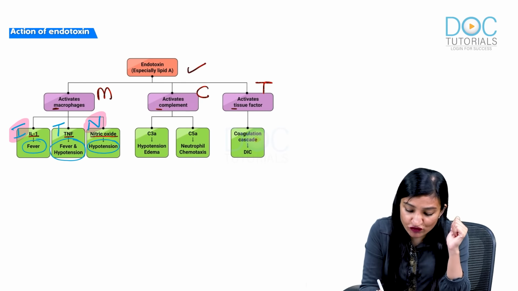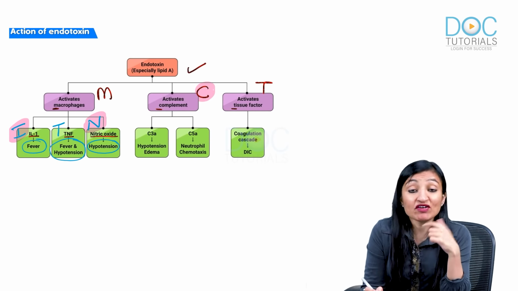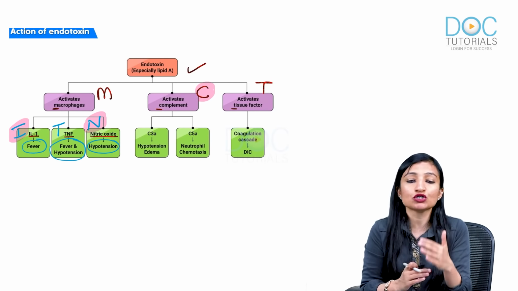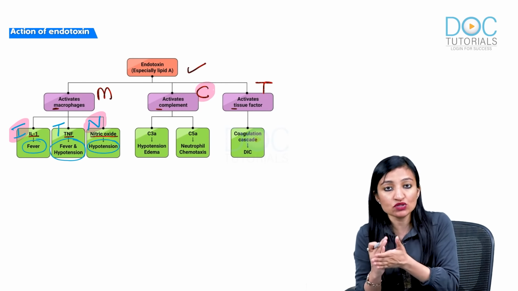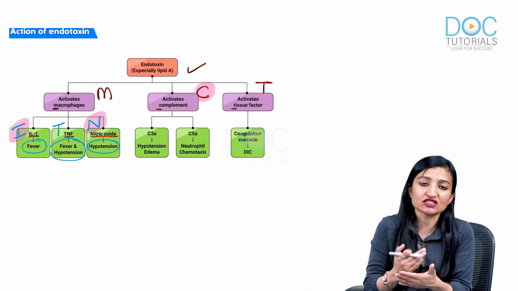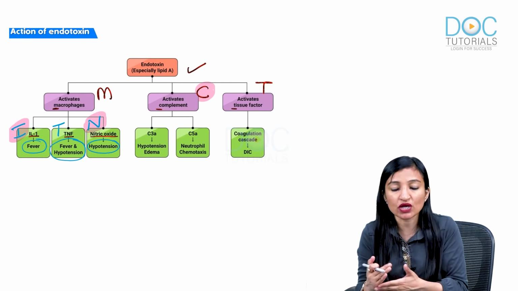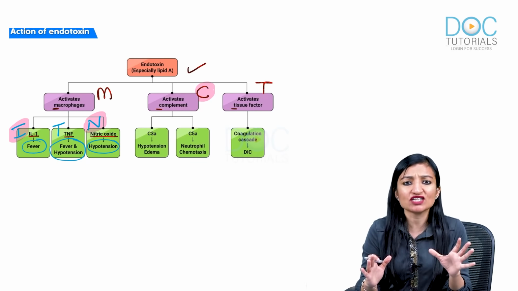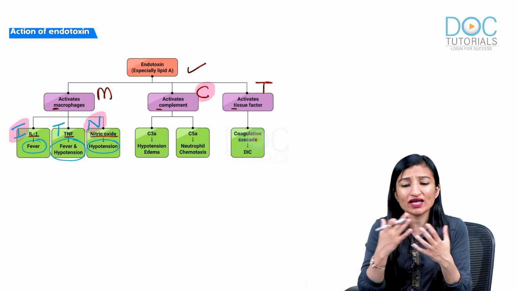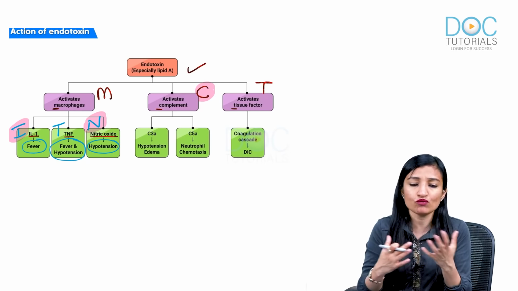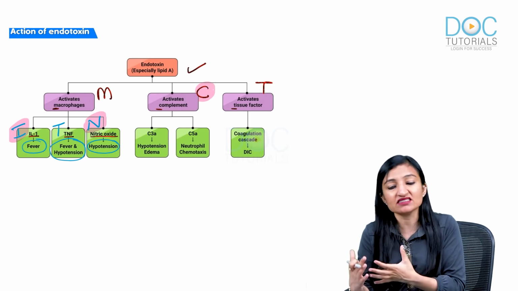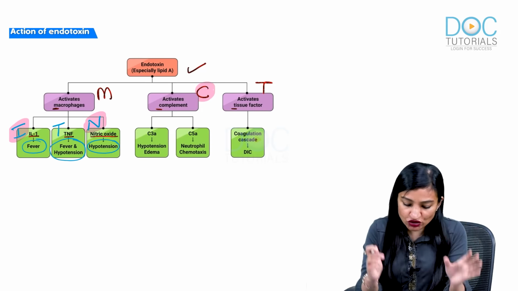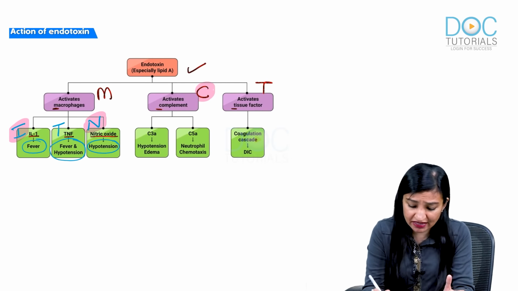And then we have got complement. It will also activate complement. Complement is basically a group of proteins belonging to the innate immune system, which comes to our rescue when certain infection happens. More details about all these facts, the complement system, macrophages, interleukin 1, how exactly it is produced, what exact role it plays in the immune response, all that we are going to discuss in immunology. For now just remember the schematic representation.